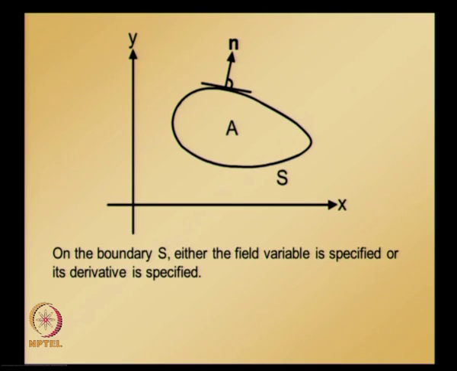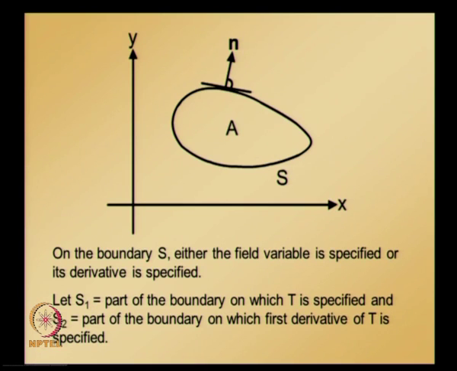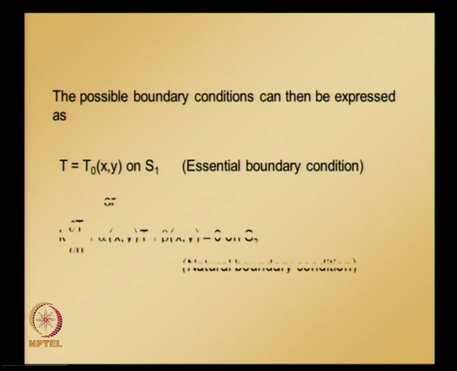On this boundary either the field variable T or its derivative can be specified, and this boundary S can be divided into two parts. Let S1 be the part of the boundary on which T is specified, that is, the field variable value is specified, and S2 is the part of the boundary on which the first derivative of T is specified. So the two possible boundary conditions can be expressed as T is equal to T naught on the part of the boundary over which T is specified,